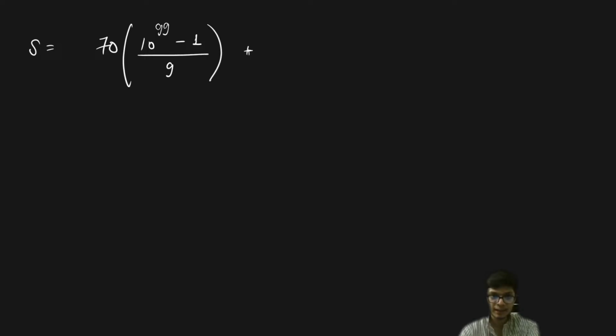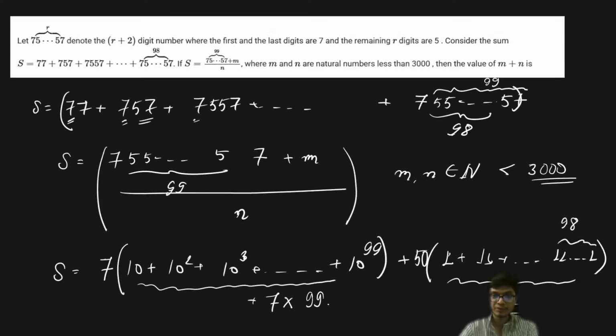So we will try to simplify this part out, so I can write the summation as 70 times of, now GP sum is basically going to be (10 to the power 99 minus 1) divided by 9, plus, and then these particular numbers I can do as follows. I can divide by 9 and multiply with 9 to all these numbers, then it will become 9, then 99, and all these things will become multiples of 9, right? Now what I can do is write 9 as 10 minus 1, similarly 99 as 10 squared minus 1,